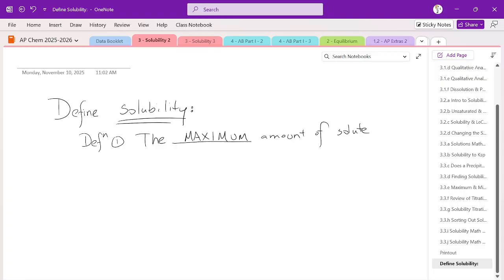The maximum amount of solute that can dissolve in what? A given volume